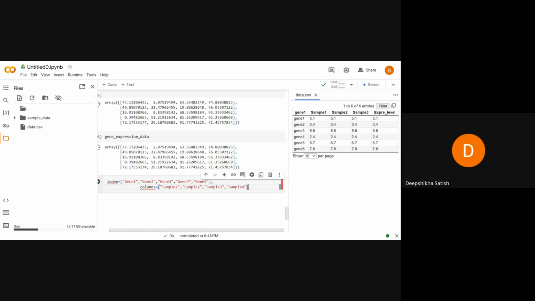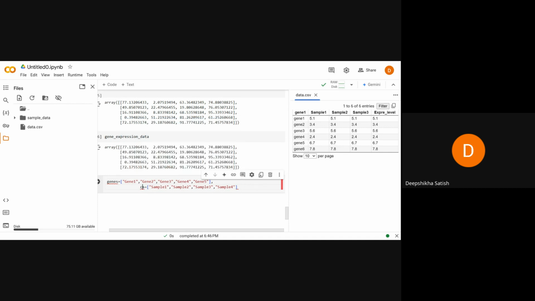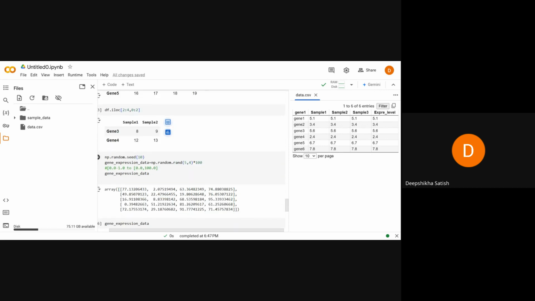Okay. So rather than writing gene, what we can do is create one variable here. Suppose these are all genes by the name gene 1, 2, 3, 4, and these are suppose samples. So there are two different lists. One list is by the name genes and one list is samples. Now these two lists we can use inside this